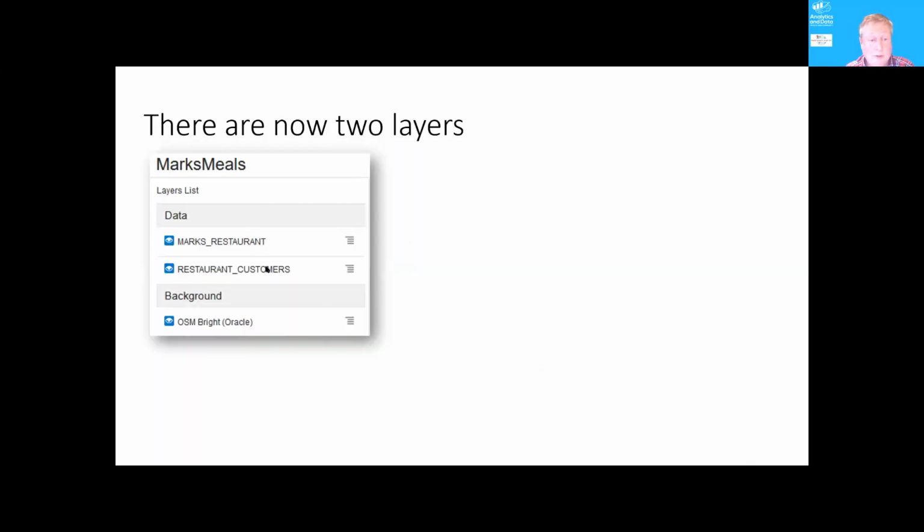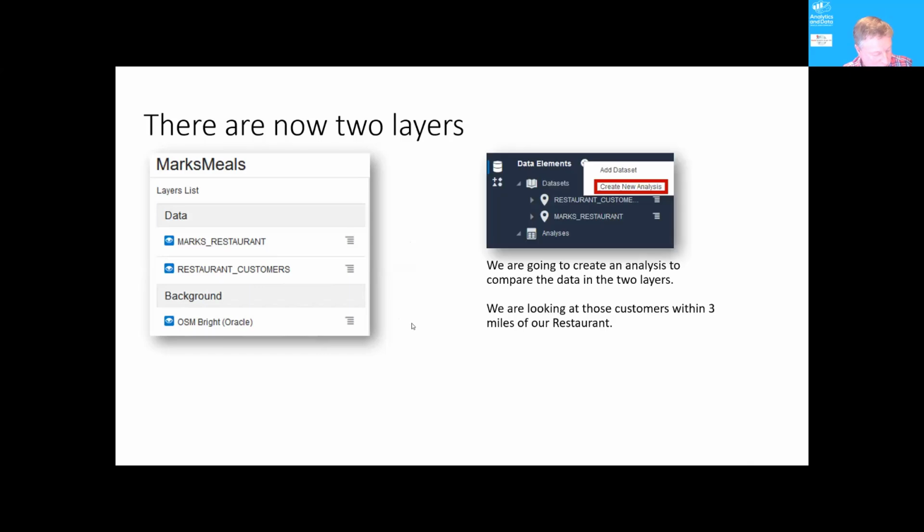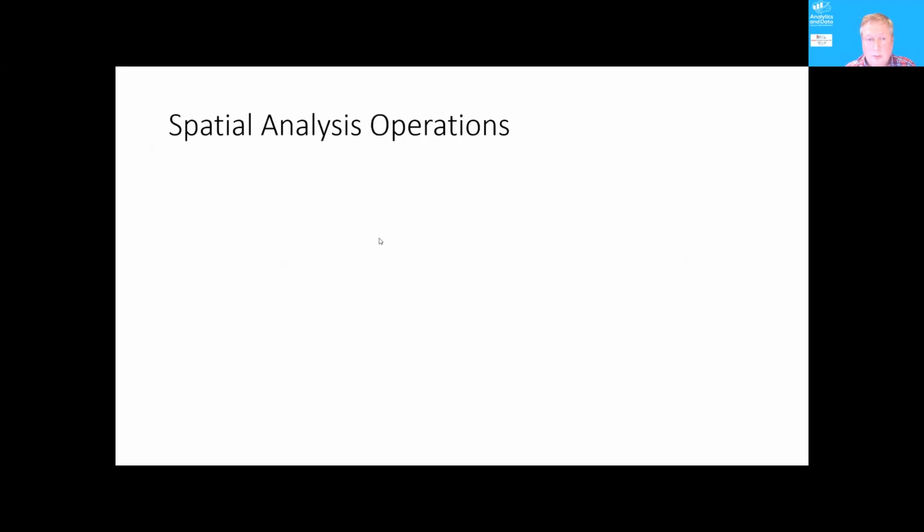So I've now got two layers. I've got Mark's restaurant, and I've also got the customers. Now that I've got two layers, I can actually start to do some analytics and mapping between those layers. So I can create an analysis of these two layers. And this is where I'm going to start doing some spatial analysis without writing any code. So what I do is when I create that,